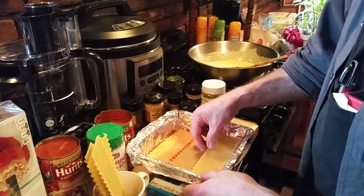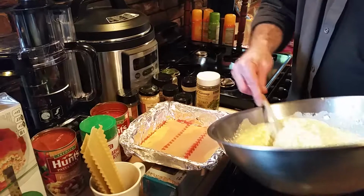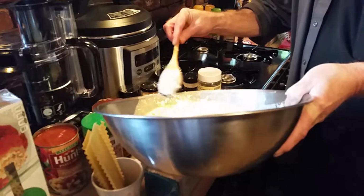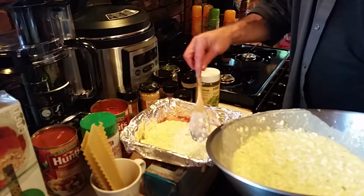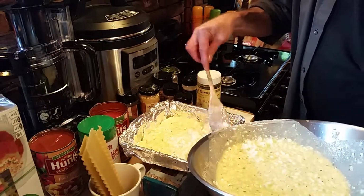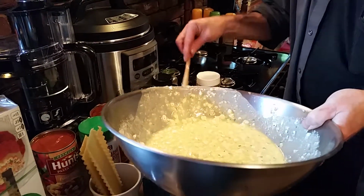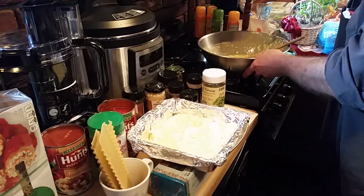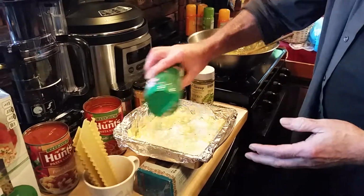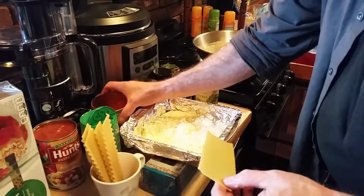Now, if you were going to make a noodleless lasagna, you could do the same thing, and instead of using the noodles, what you do is put a layer of ground meat on there. I want a little bit more in there. Yeah, that looks pretty good there. Got one little ball of the cheese in there, and now what we're going to do is we're going to just layer a little bit of that grated Parmesan on there, and we're going to take a little bit of sauce,